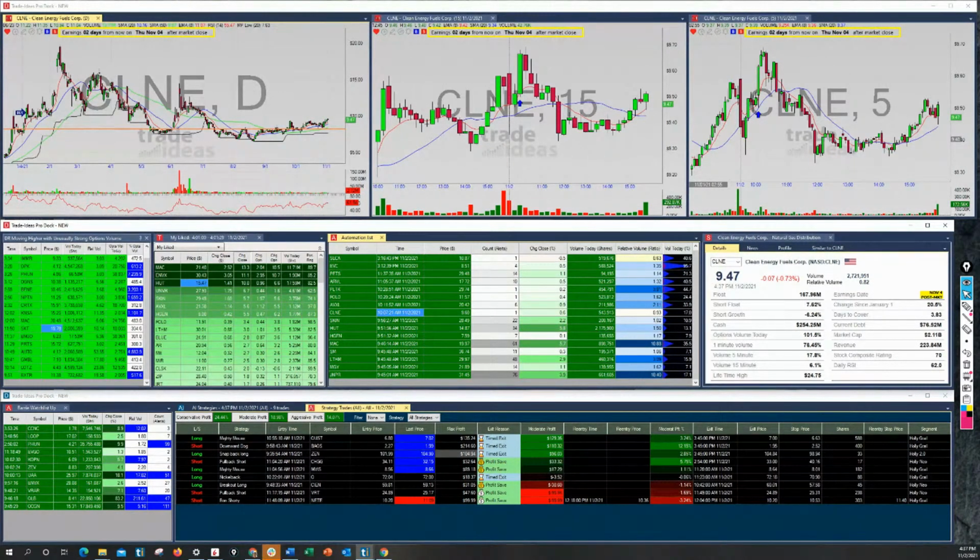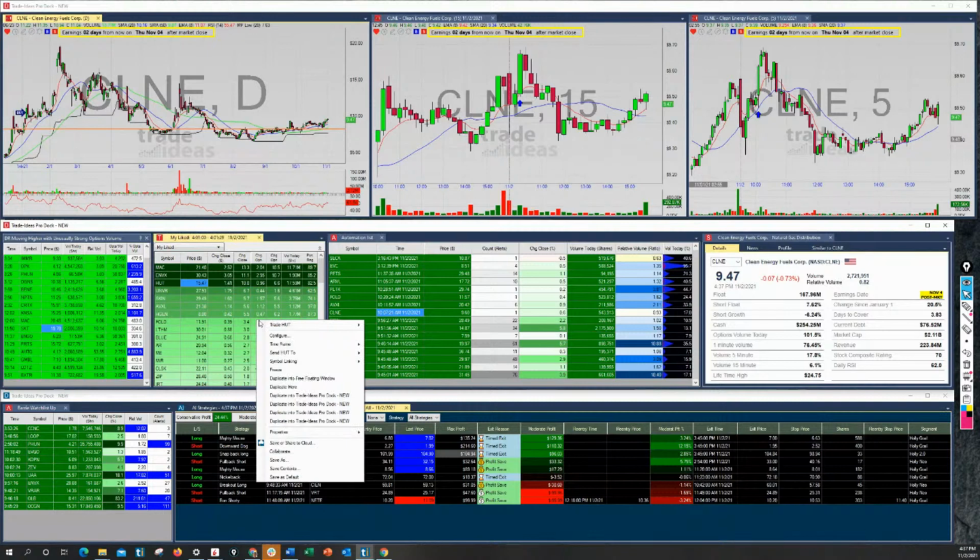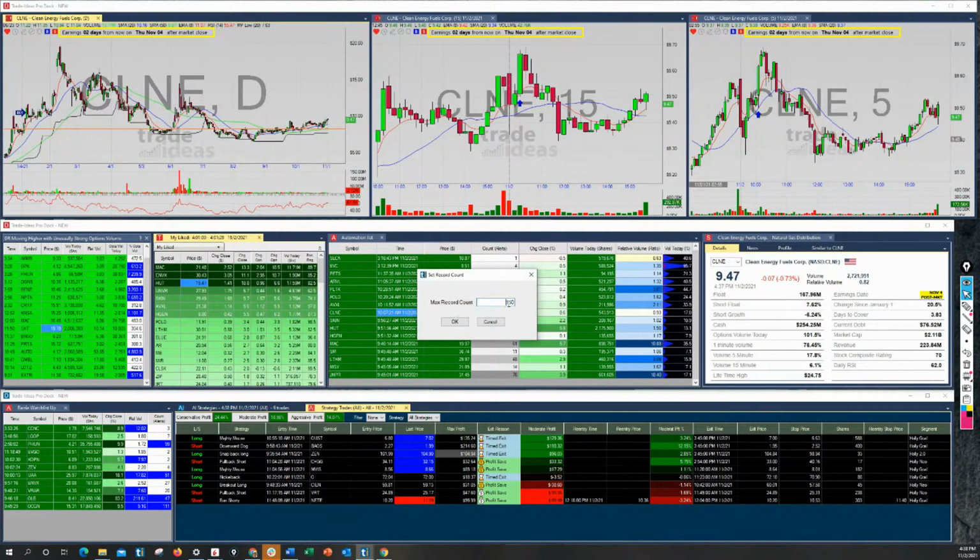The other thing too is if you start running a bunch of T lists and you have them all set to 1,000 as the limit. If we right click, set record count, you can run this up to 1,000. Even if only 50 stocks are going to populate it and you have 5 of these windows set to 1,000, the window's looking for 1,000 stocks every 30 seconds to populate it, regardless that there aren't 1,000 stocks. So that's a lot of heavy lifting data that has to go back and forth, and that's a logistics bottleneck of data right there. There's not anything that can be changed on that.